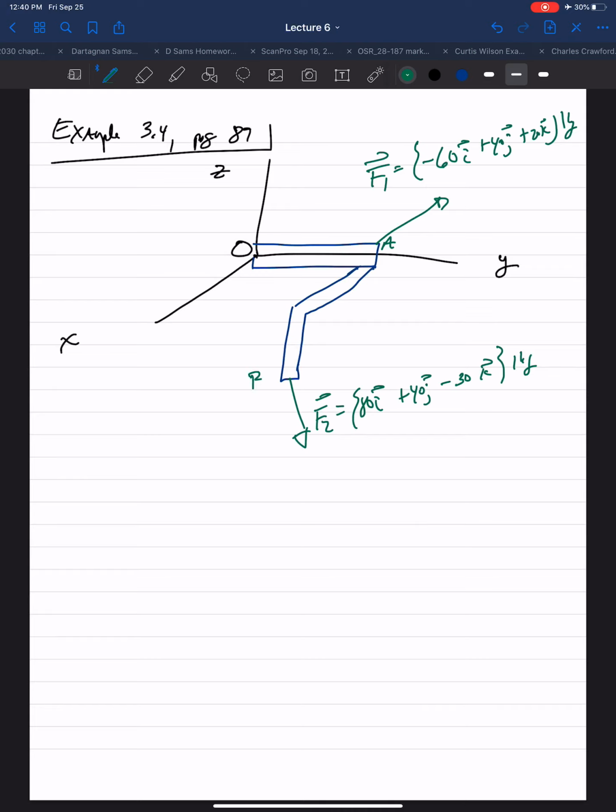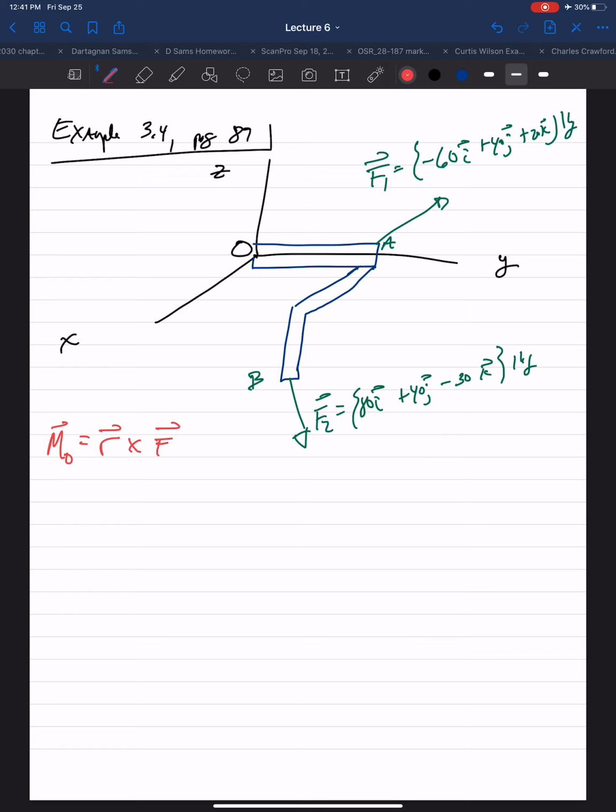That's our point B. So we'll start off by remembering our moment is position vector cross F. We want to know our moment, so let's create some position vectors from the origin, O, which is what we're rotating about, to the lines of action of the two individual forces,